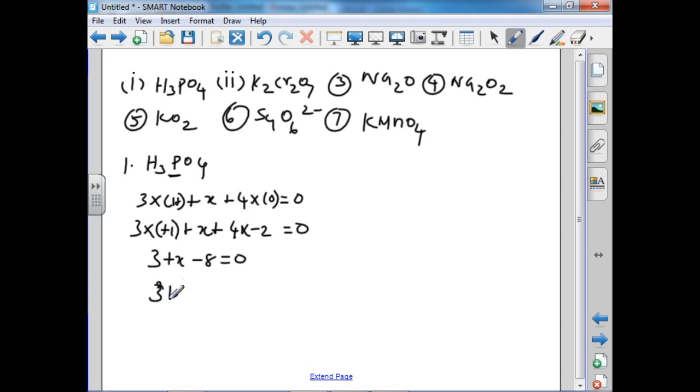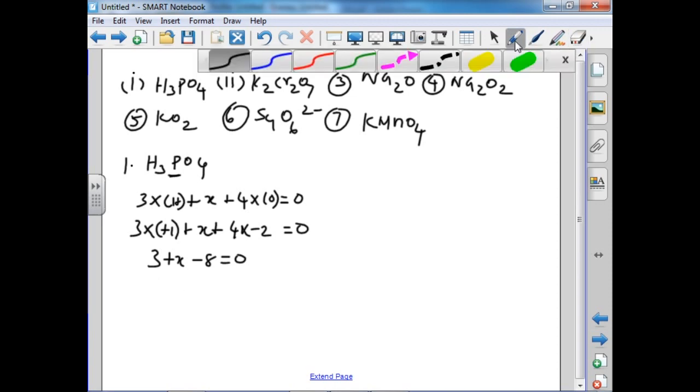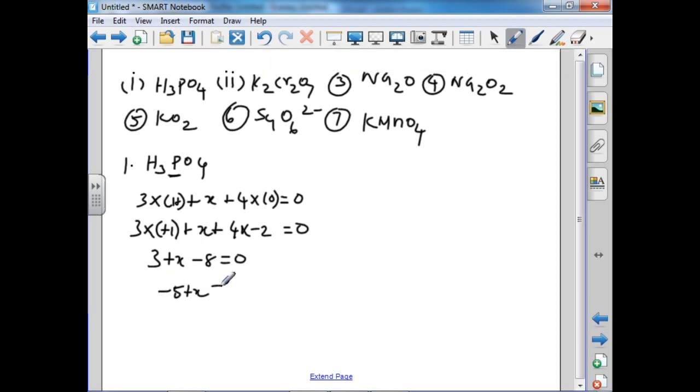So 8 minus 3 equal to minus 5, plus X equal to 0, X equal to plus 5. The oxidation number of phosphorus in phosphoric acid is plus 5. The second one,